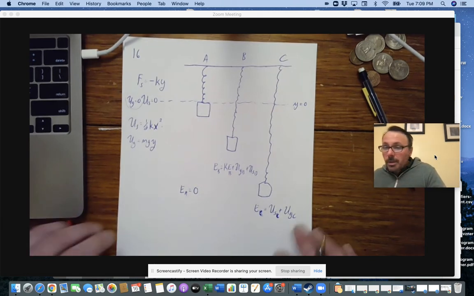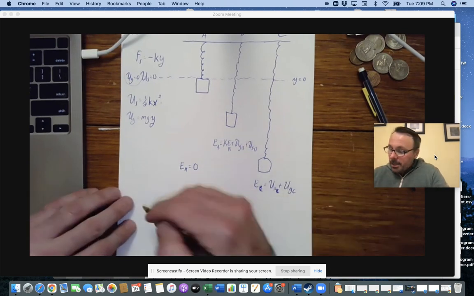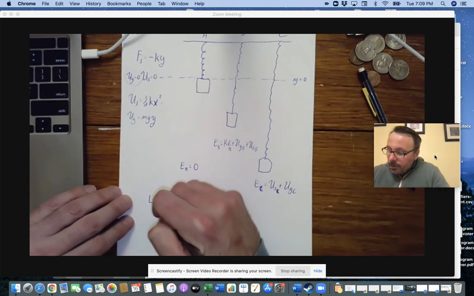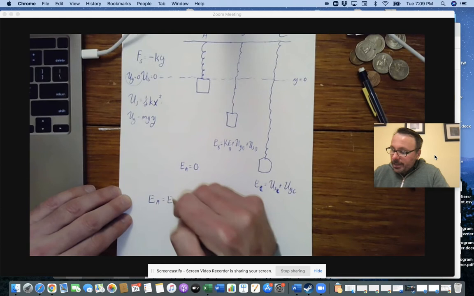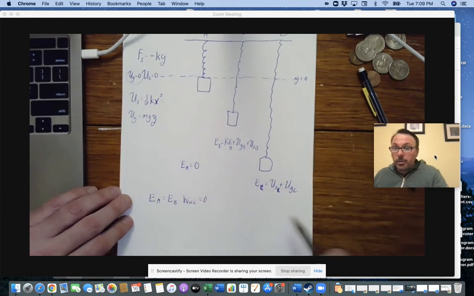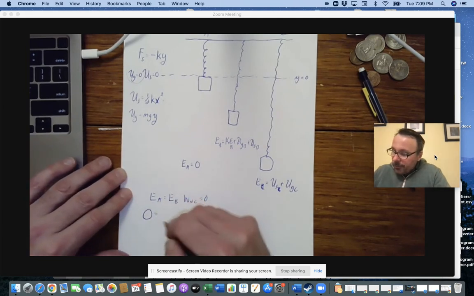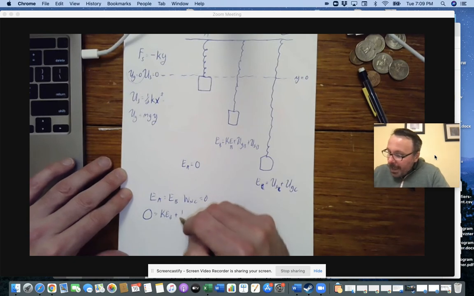Well, let's just set up the energy problem first and we'll see what it says to us. Well, I know that the energy of point A is going to be equal to the energy of point B because there's no non-conservative forces doing any work here. I've got the spring force and the gravity force, both conservative. So 0 is equal to the kinetic energy at point B plus 1/2,